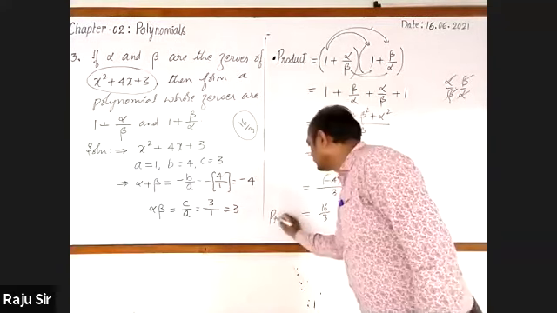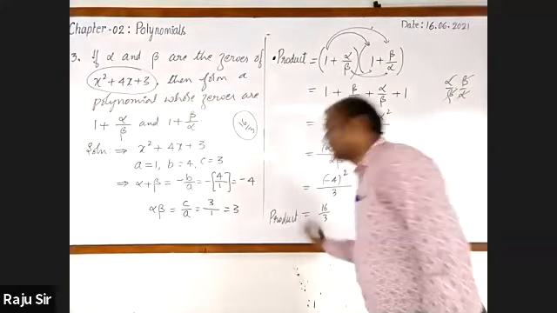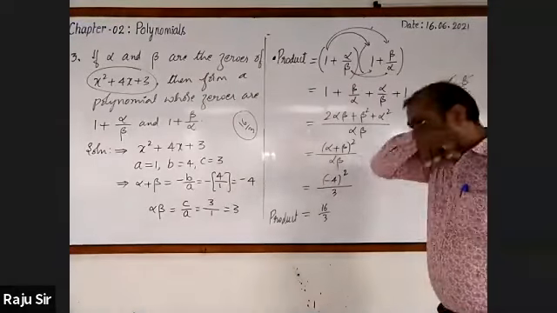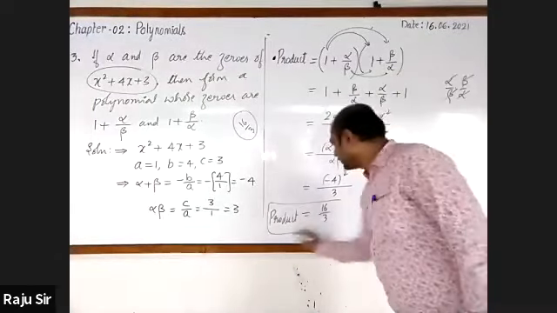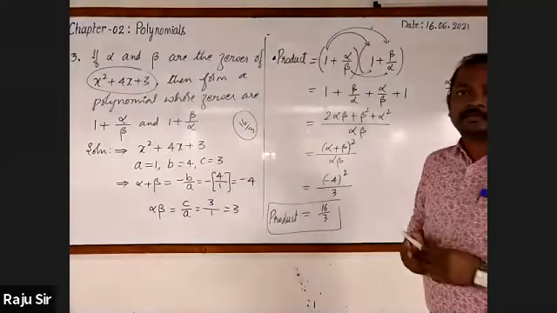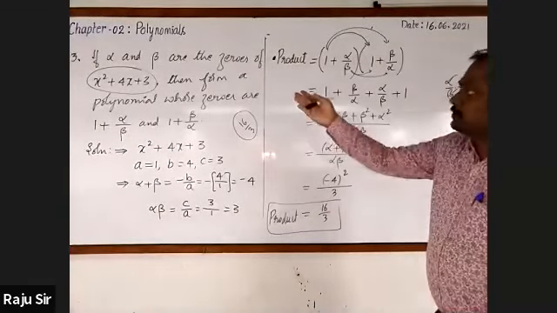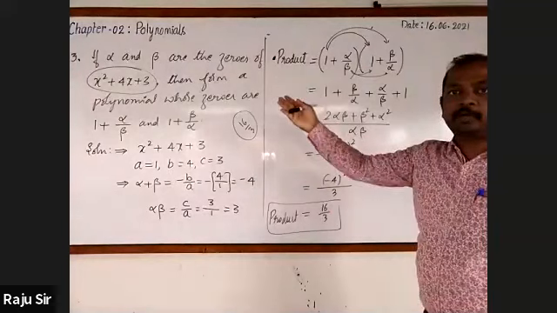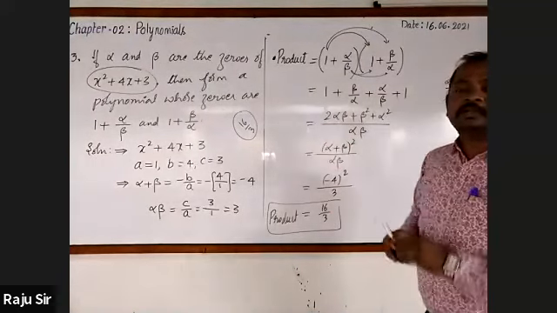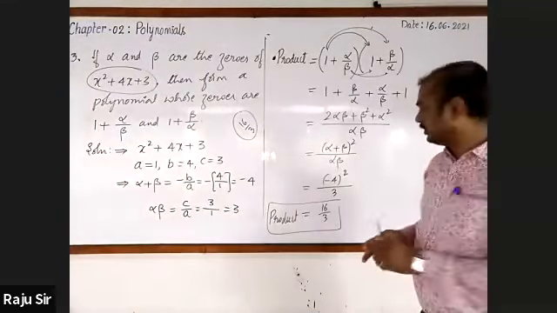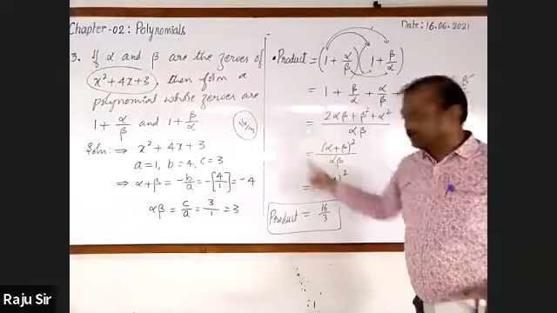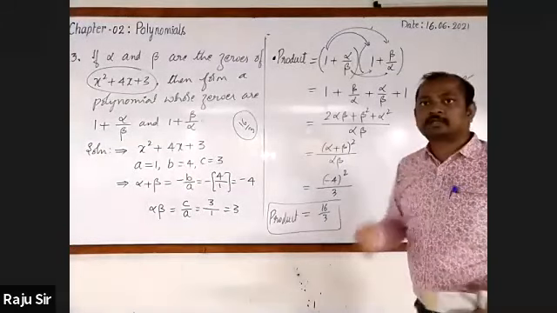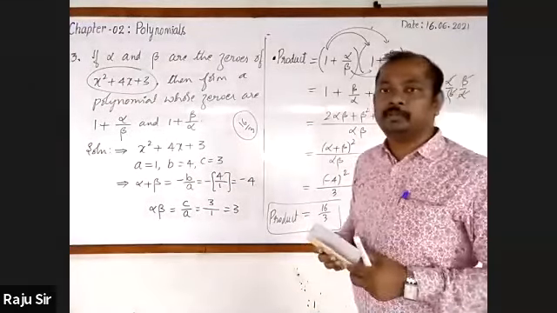Just compare the sum of new zeros and the product of new zeros. In both the cases, we have got the same. So this is one of the special types of polynomial in which the sum of zeros is equal to the product of zeros. We got the new sum and new product. Let us go for forming the new polynomial.